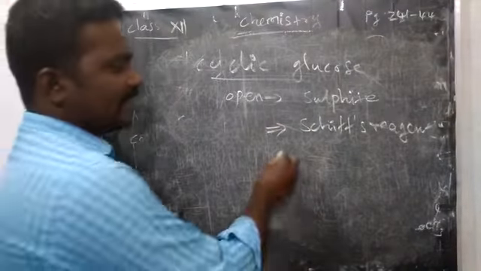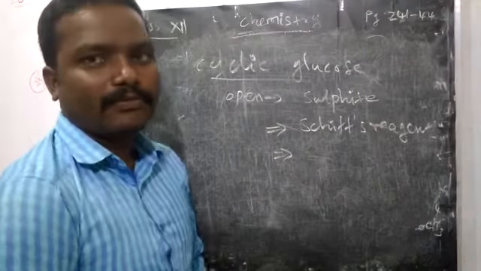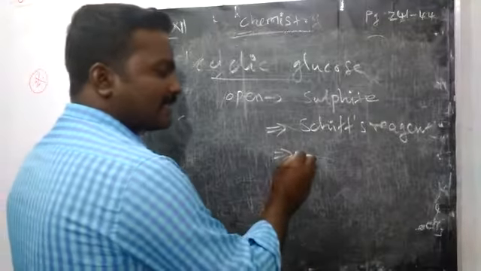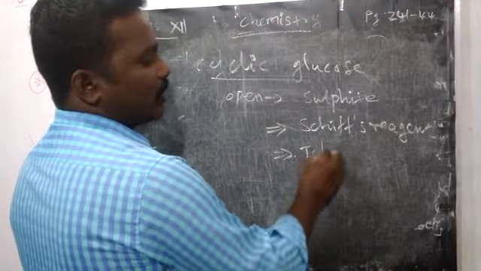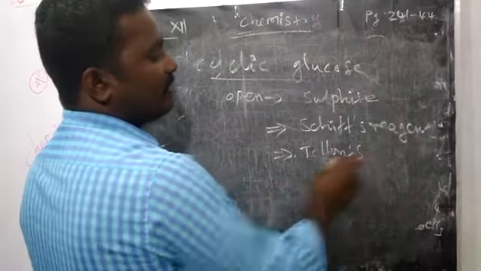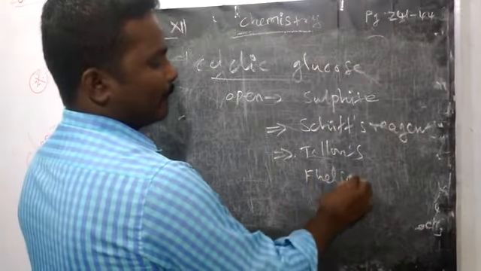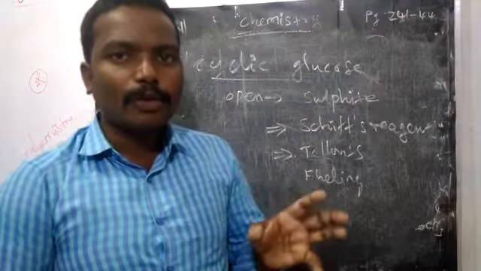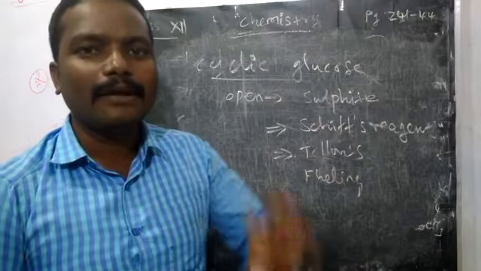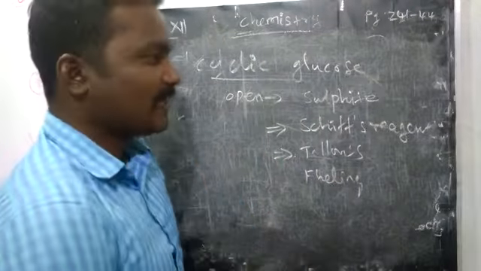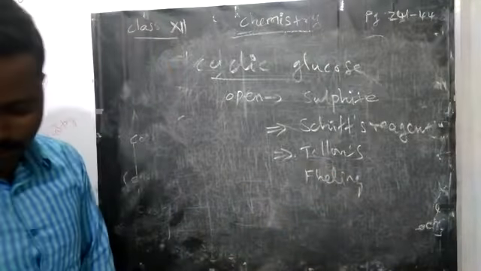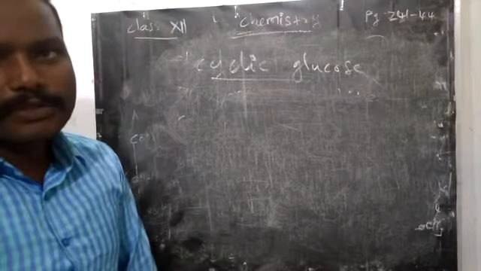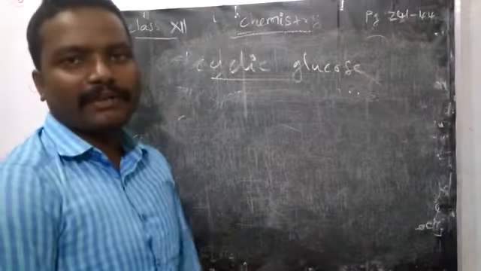And also, when you treat glucose with acetic anhydride, you will get pentaacetate. You know, the pentaacetate compound does not reduce Tollens reagent as well as Fehling's solution. So from these 4 tests, we can confirm glucose also has some other form. Okay, some other form, right? That is nothing but the cyclic structure of glucose. So how is this other form formed?